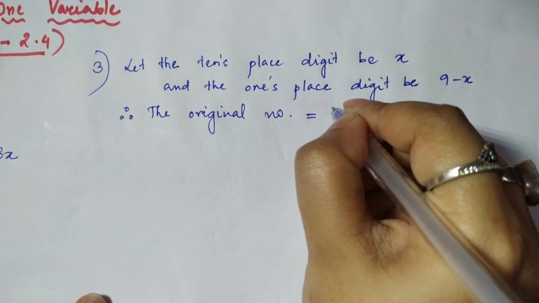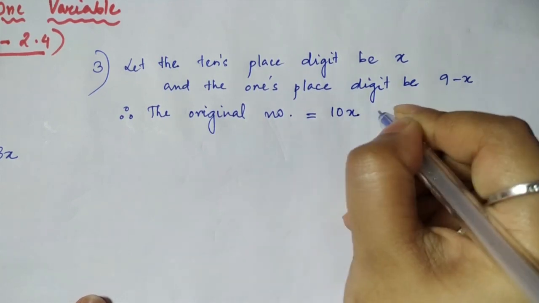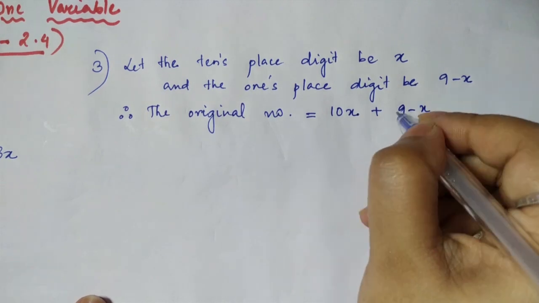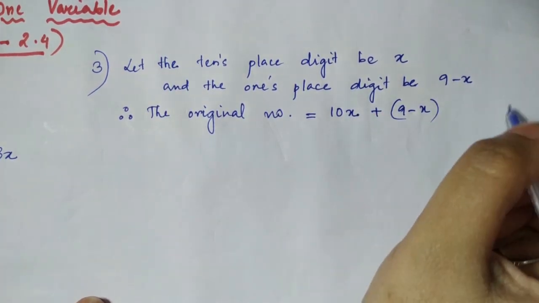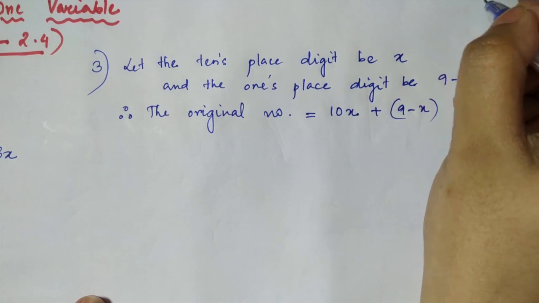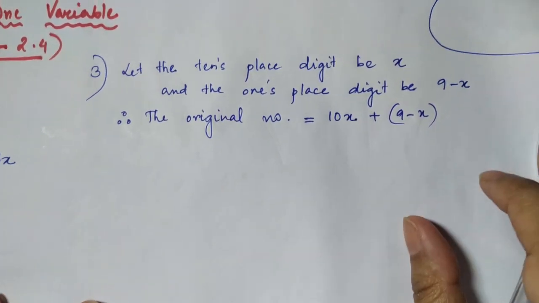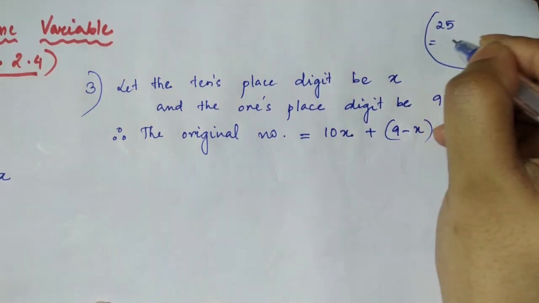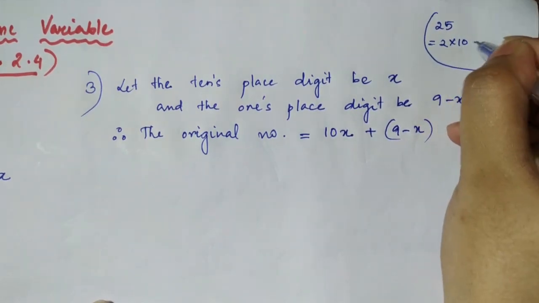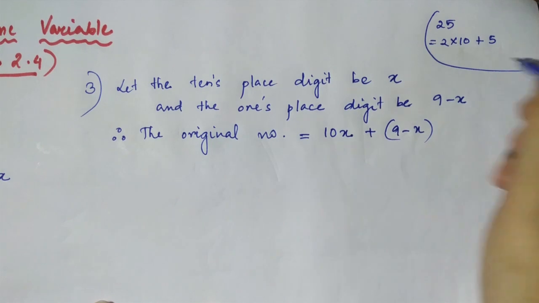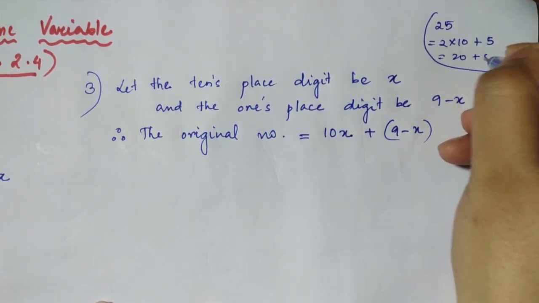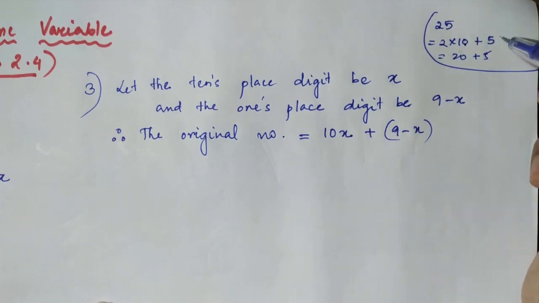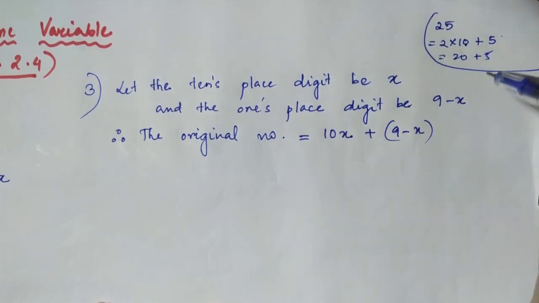This is the tens place, so 10x, right? Plus this is the units place. Now some of you might have a doubt, where does this 10 come from? Suppose you have learned this in your lower classes, please see this one here. I'll just explain. Suppose there is a number 25. In expanded form, how do we write this? 2 into 10 plus 5, right? Or 20 plus 5 will give me 25. So this is the tens place, so we multiply by 10. This is the units place, we multiply by 1, and that's why we write it this way.